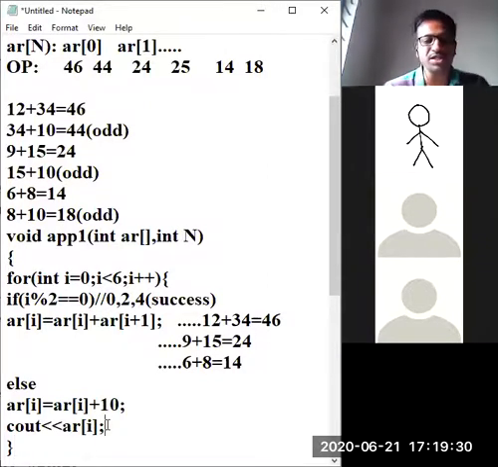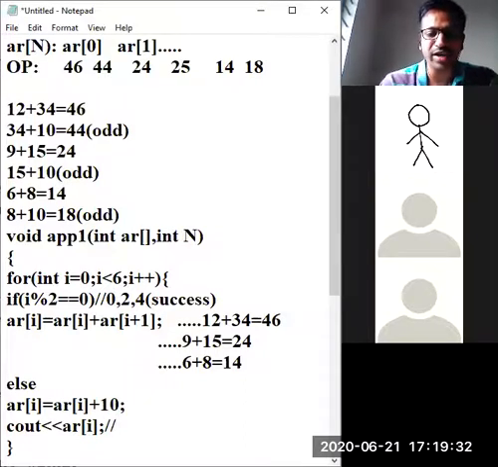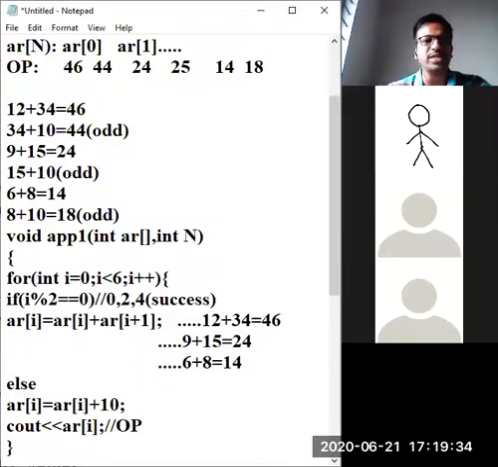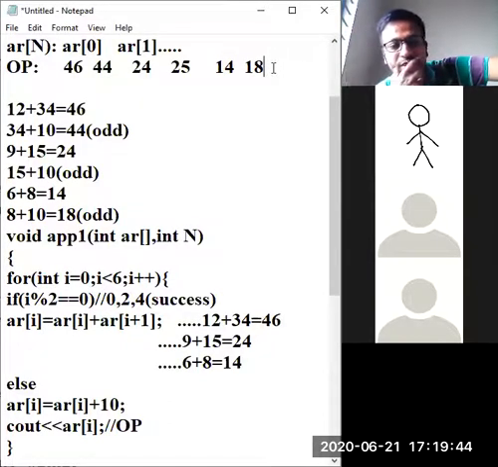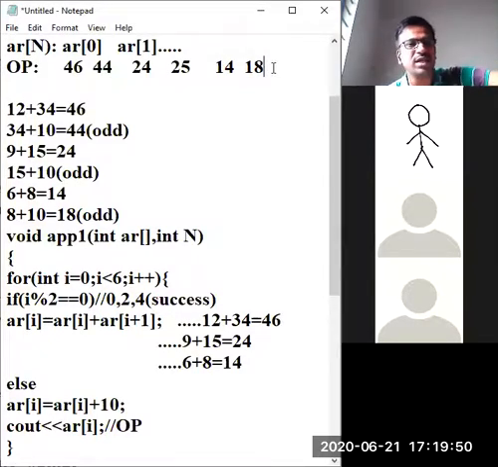The new element list is going to be your great output. I need not write all that output, as you can see at the top of the screen. This is the great output which you are going to see with this kind of message. The new AR of 0 will come, the new equation will come here. AR of 1, AR of 2, AR of 3, AR of 4, AR of 5. New things will be coming. That's how you have to deal with a one-dimension array.